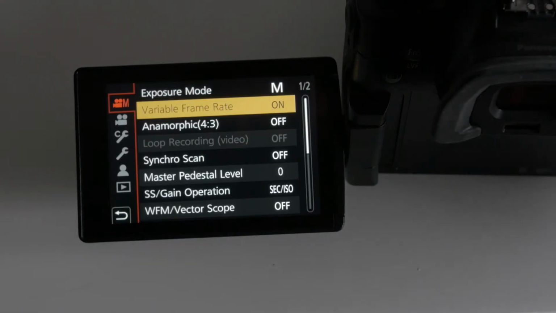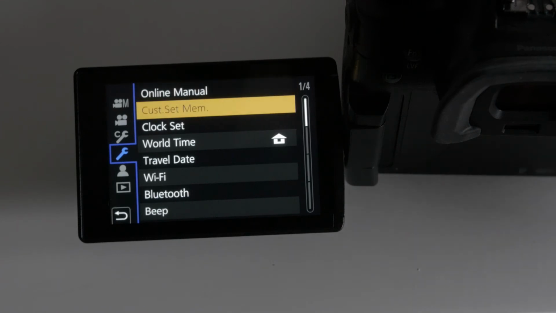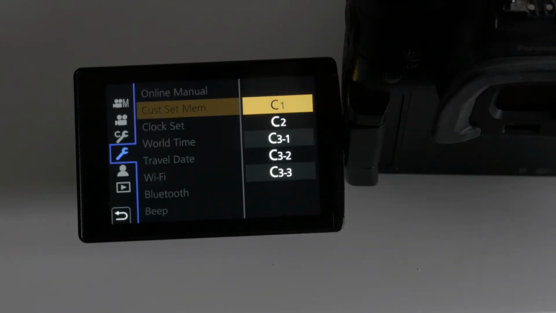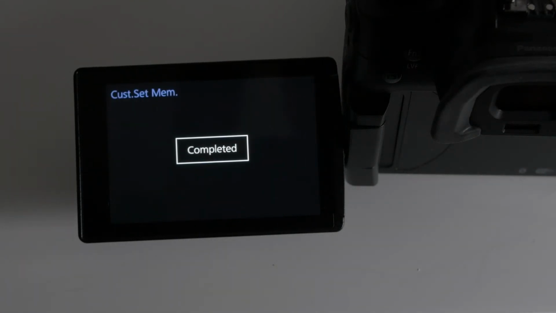So now we're gonna go back into the menu. We're gonna come down here. We're gonna go to custom menu. And then we're gonna see the button C1. We're gonna press that, we're gonna save that. And now,